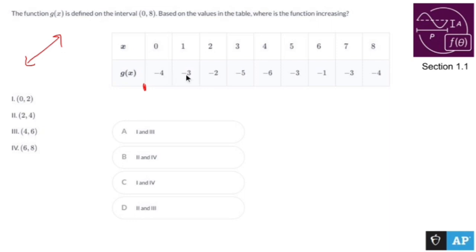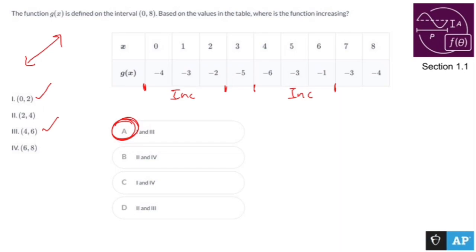So it goes from -4, -3, -2, and then stops. Then all of a sudden goes down. So there's an increase right there. Then from here to here, it decreases some more. Now we go from -6 to -3. It's increasing, and then stops again. So here's our intervals of increase. So from 0 to 2, boom, and from 4 to 6, boom, 1 and 3, 1 and 3, A is